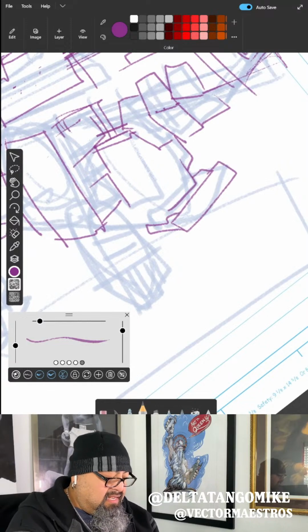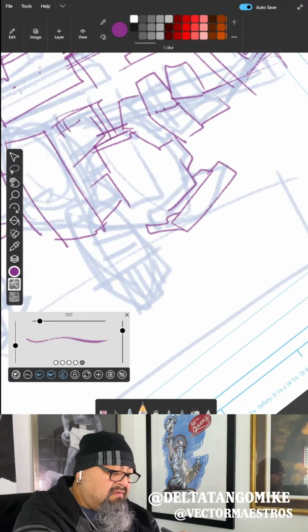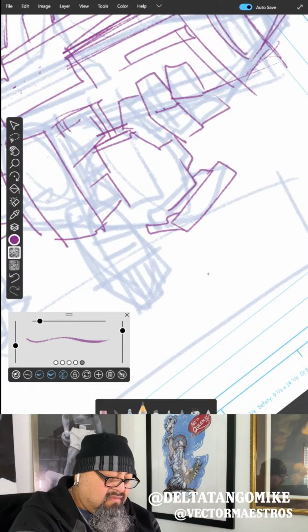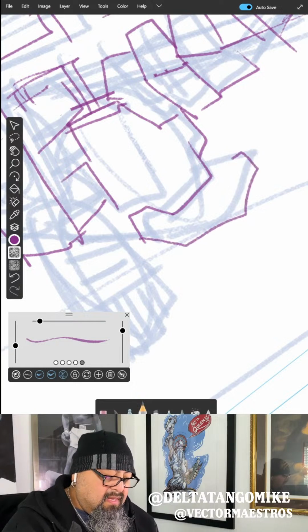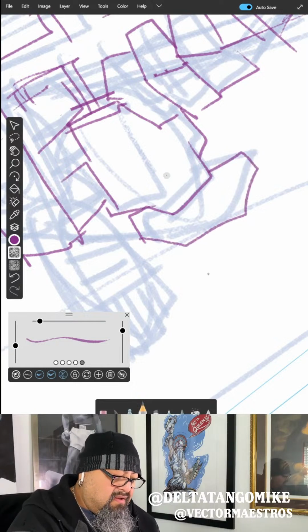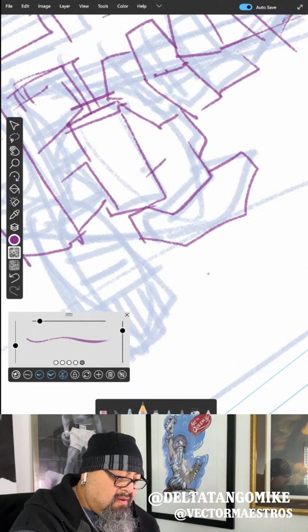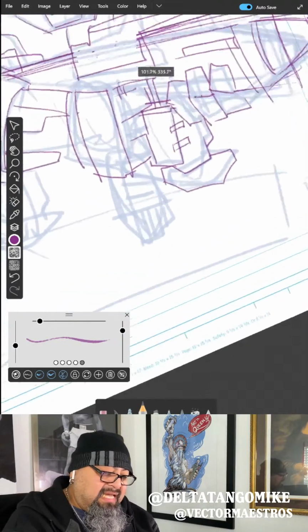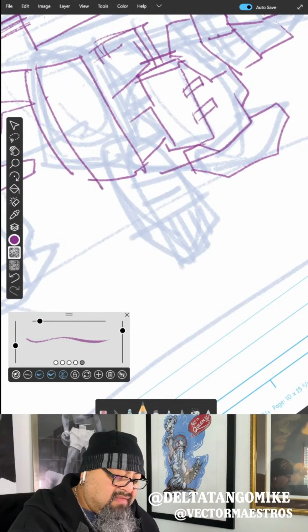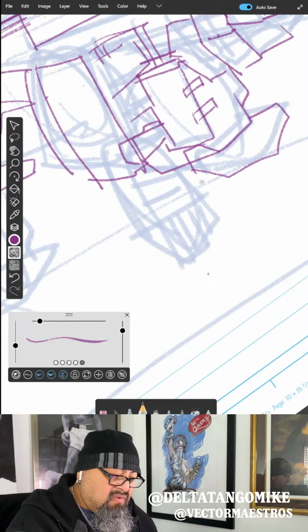I don't like that line at all. Let me get rid of this, and then I can. I'm just making it like this for now. Boom. So that's the knee. Oh yes, and then we have the leg. So be careful with the leg and the ankle and then the foot.